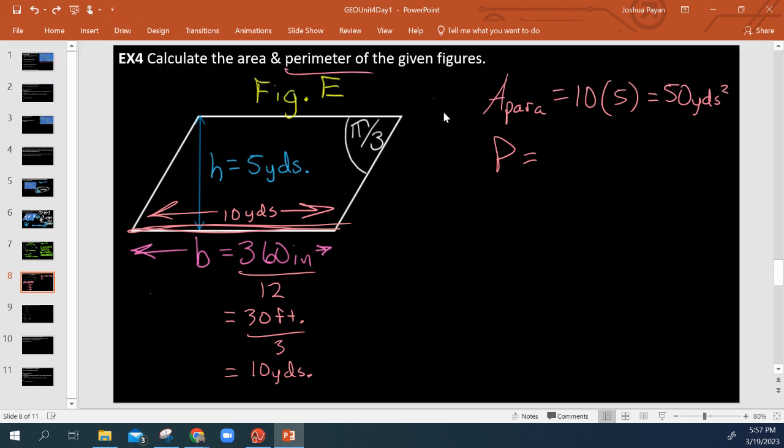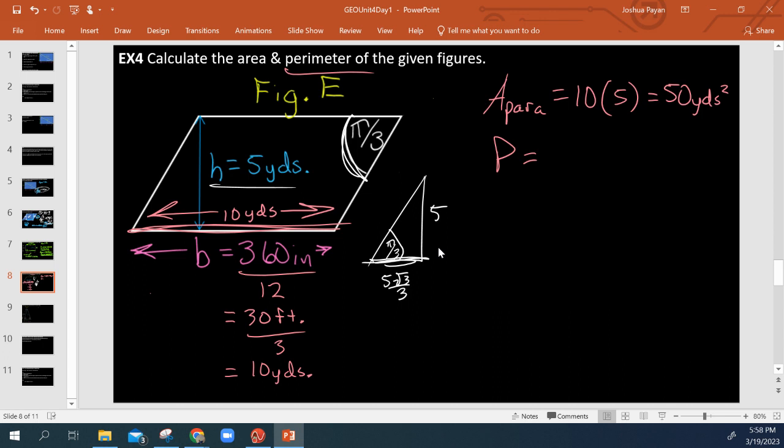So we're going to have to use a strategy similar to what we had to do earlier and treat this as a composite figure. So we know the height of this triangle here, right, is 5, right? And we don't know this, but we do know, because it's a parallelogram, opposite angles are congruent. So we know this guy is pi over 3. Okay? So long story short, if I do the trig here, I'm going to get 5 square root of 3 over 3,